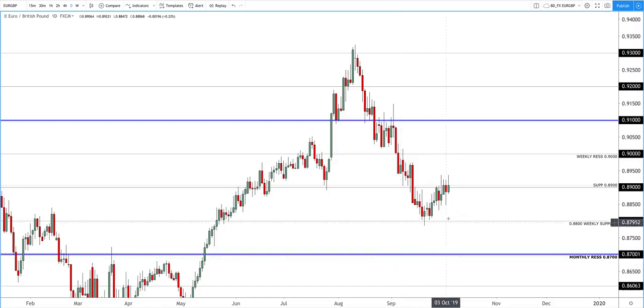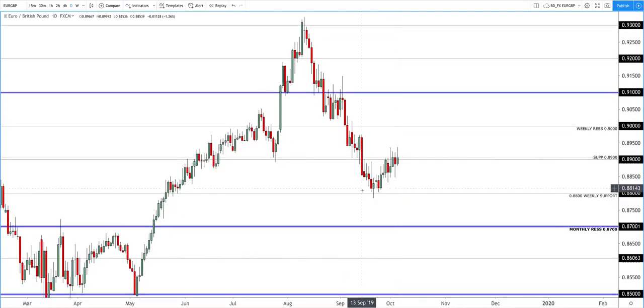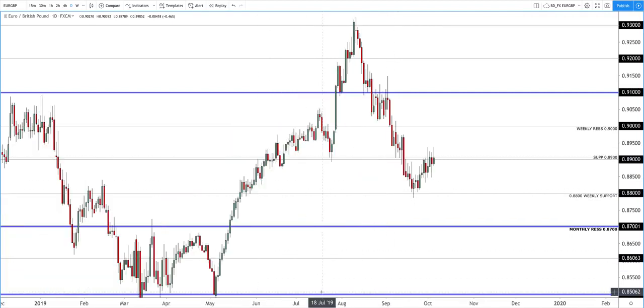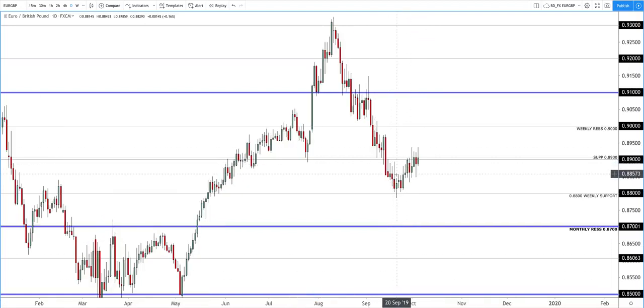You can see here how the biggest moves happen off support. You can see weekly support 0.8800. We've come down, a bit of a pin bar here, and then we've moved back off. If you see all this choppy price action in between and you're in a long trade, you don't want to be worried about that. Just let the trade breathe and let it go to your target or